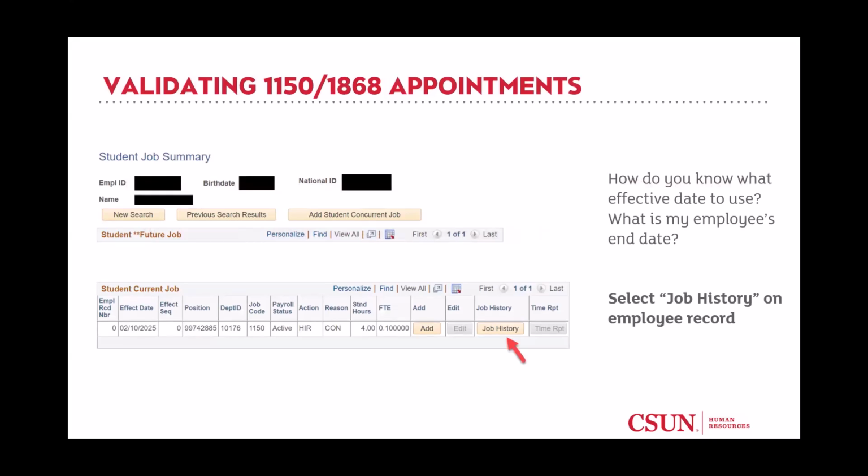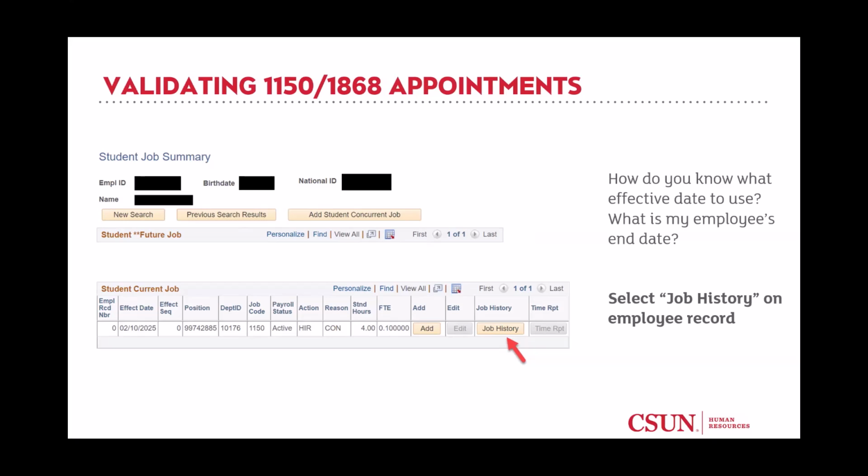So how would that work? Michelle, this would go to your question, as far as extending an employee if you know that they're going to remain under 1870 beyond that semester end date. I'll explain how that works. Even though I mentioned 1150 and 1868, this can also be applied to your 1870s.